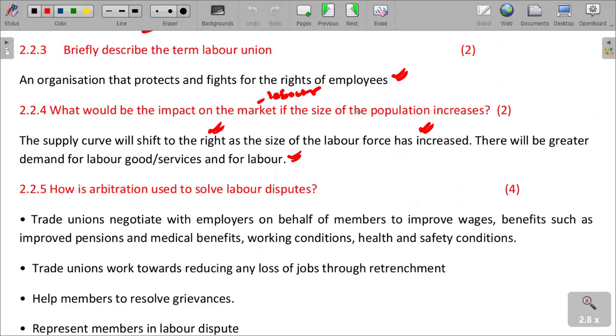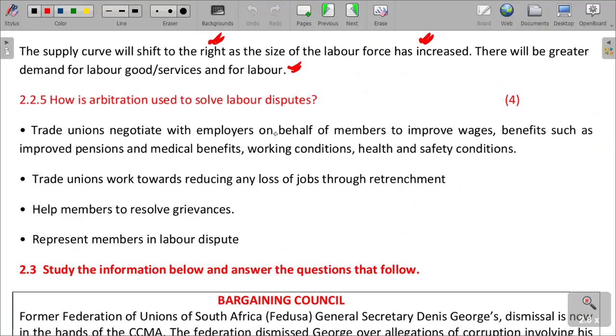So greater demand for labor would increase, and goods and services will also be produced because of high labor there. And then the next question is saying, how is arbitration used to solve labor disputes? Arbitration, we said it has to do with what? With a neutral, an impartial party. It has to do with an impartial individual who stands in between. So, trade unions,